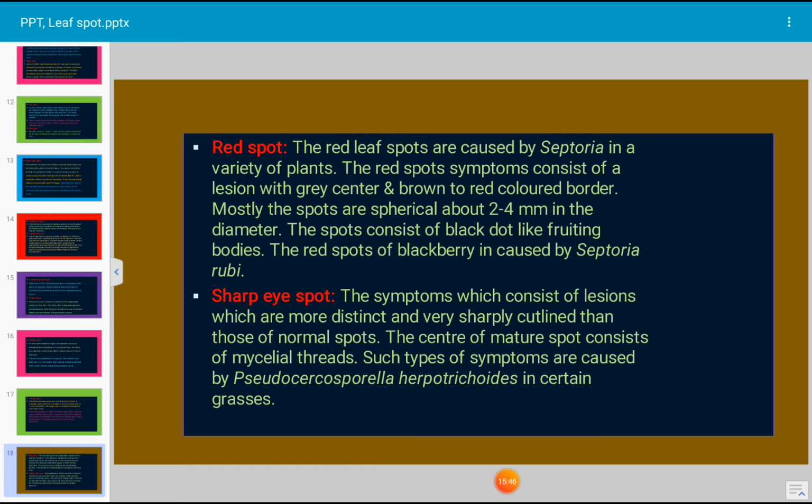The center of a mature spot consists of mycelial threads. Such symptoms are caused by Pseudocercosporella herpotrichoides. It is a causal organism in certain grasses. Such spots are observed in certain grasses because of the pathogenic organism. This is all about spots, leaf spots.